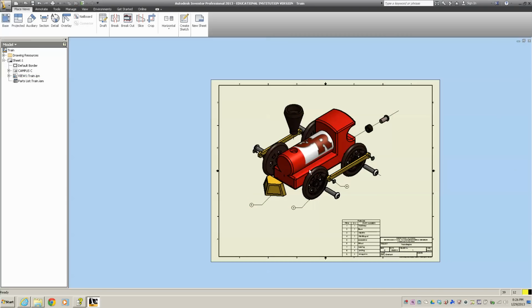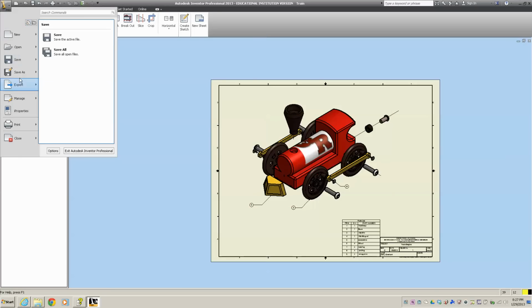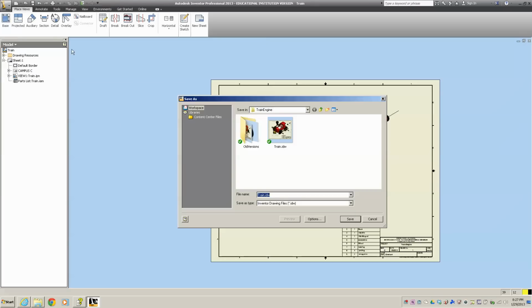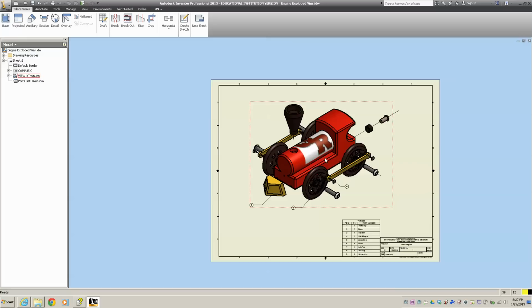Once you're sure it looks good, you will do a file and save. And I'm going to leave this as, I'm going to call it the engine exploded view. And there it is. And it is now ready to